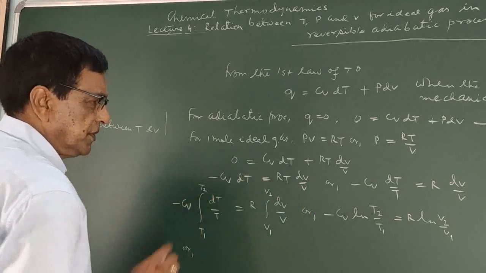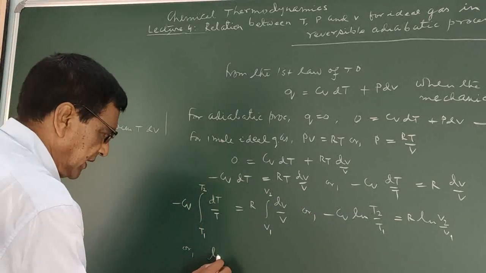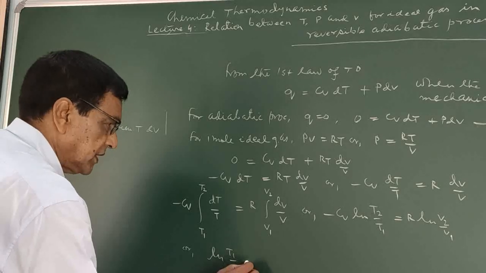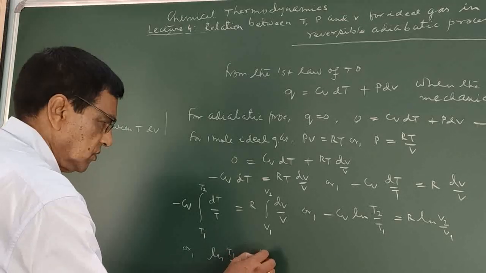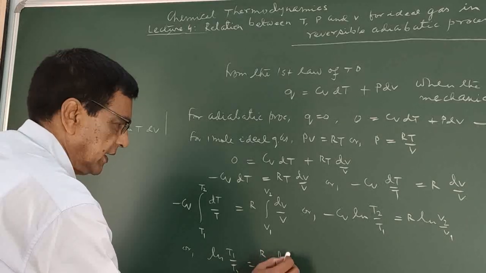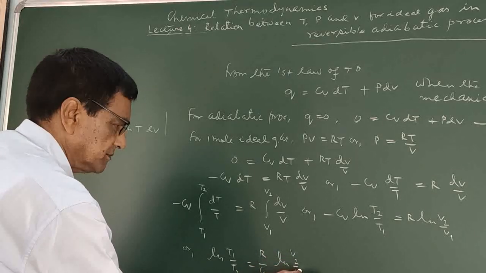Dividing by Cv, it will be ln T1 by T2 equal to R by Cv ln V2 by V1,